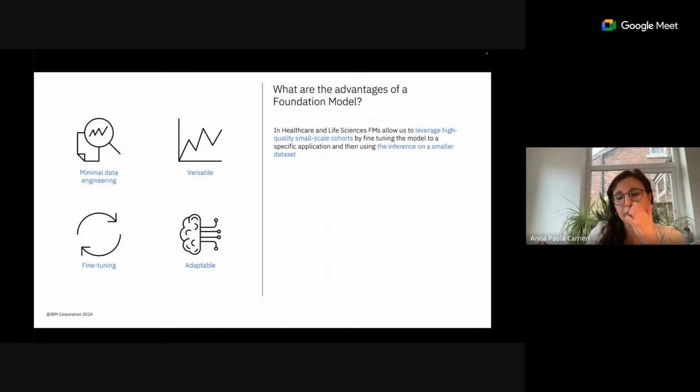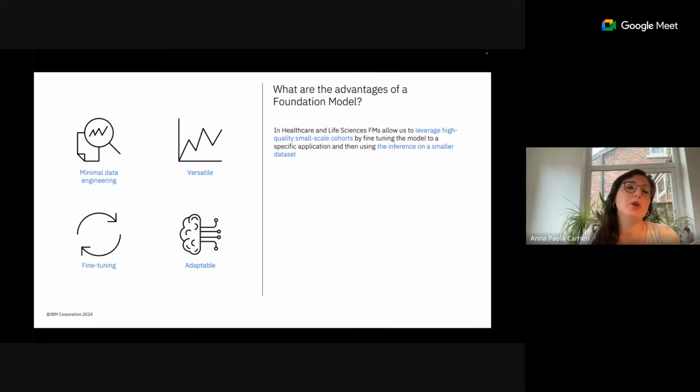And if we apply normal traditional machine learning models to this small cohort, the accuracy might be very good, but it's not an indication that we are getting robust and generalizable insights, because it's just specific to that small cohort. So the idea is that if we have a large model, for example a foundation model trained on a very large data set, then we can adapt it and fine tune it for our specific task, and we can leverage small cohorts by using this large model to do the inference on the small cohort.